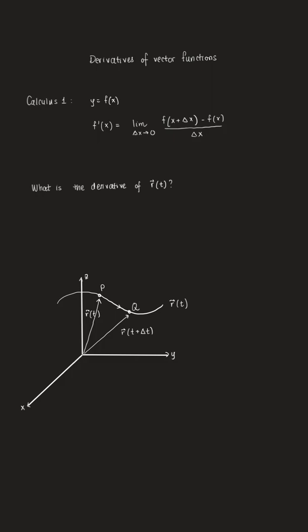So it's very similar when we think about vector functions. We're going to define the derivative of a vector function, r prime of t, since our independent variable is t, as the limit as delta t approaches 0 of r of t plus delta t minus r of t over delta t. If we think about what this represents visually,